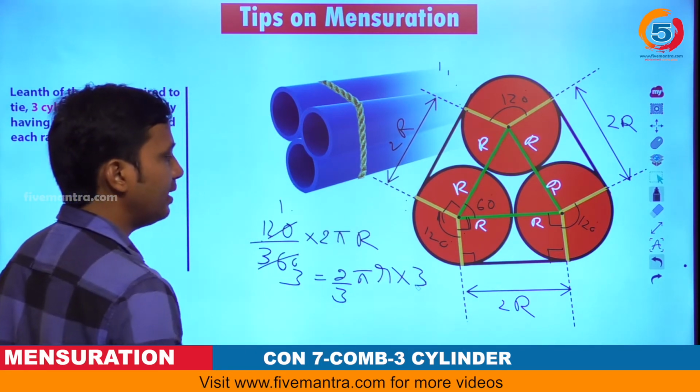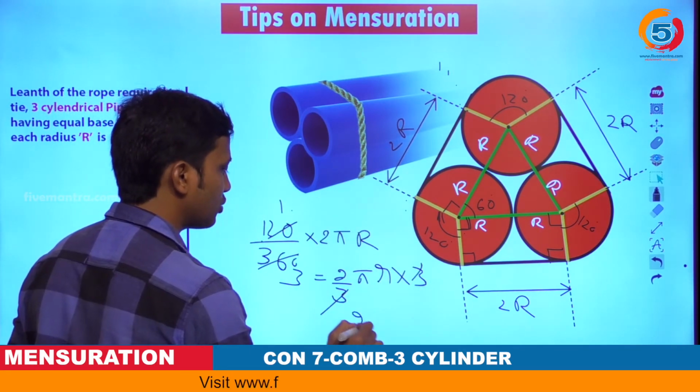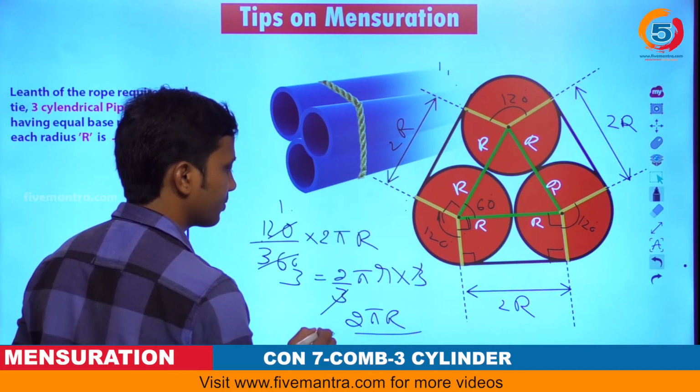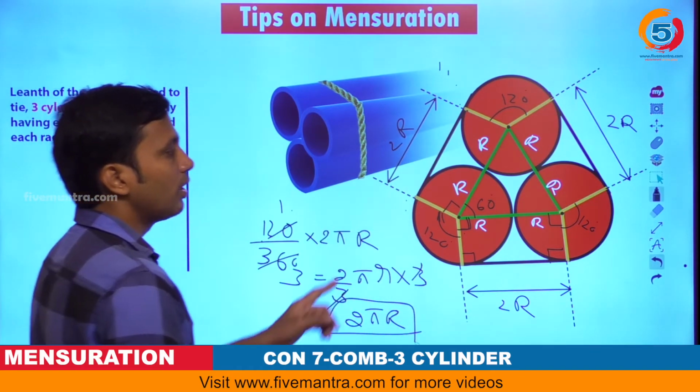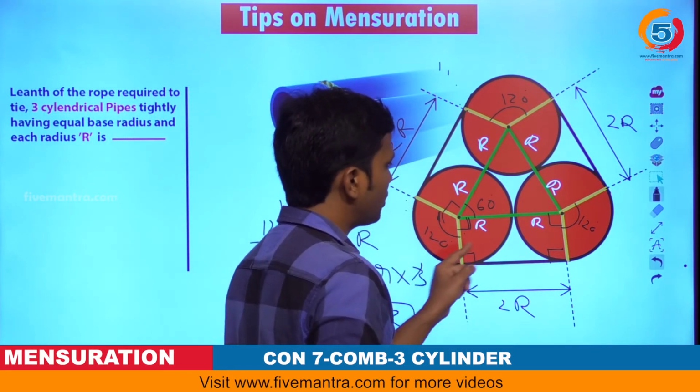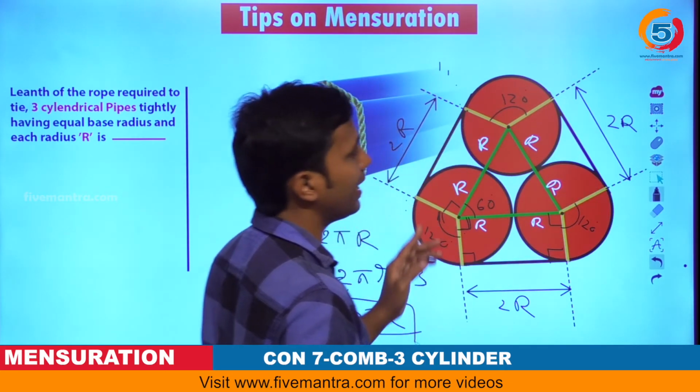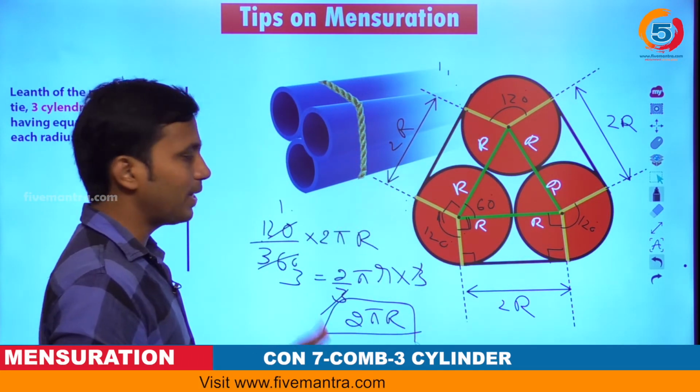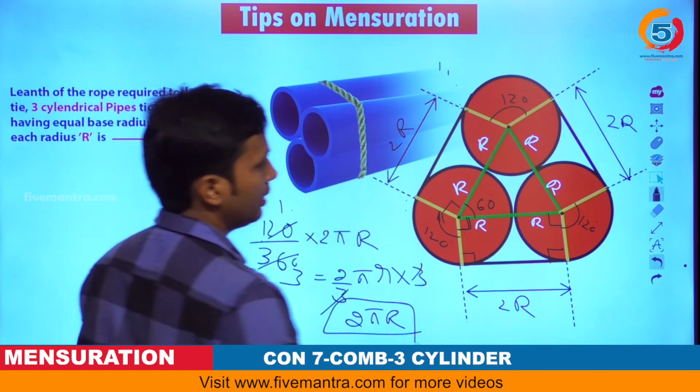How much are we getting? The 3 gets cancelled, and this is 2 pi r. So the curved portion length, meaning this portion plus this portion plus this portion, would be 2 pi r, the total curved portion length. Now